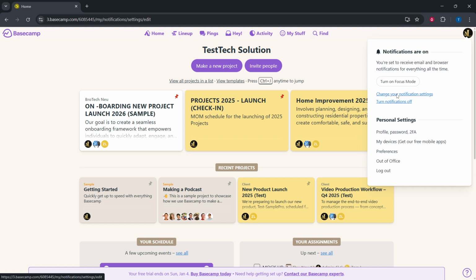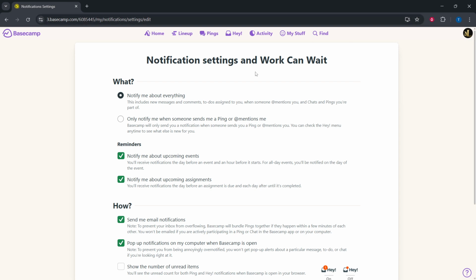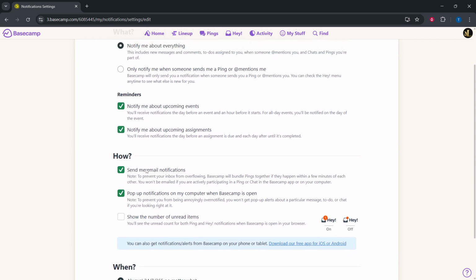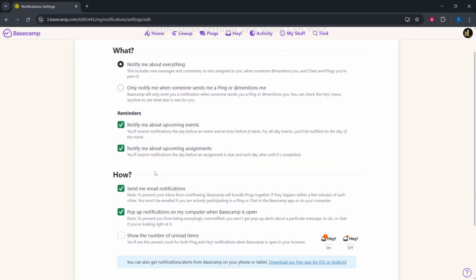Next, choose the option labeled Change Your Notification Settings. This takes you to a dedicated page for how and when Basecamp communicates with you. Think of it as your control center for noise versus signal. You'll see preferences that cover emails, mobile push alerts, and other notification behaviors, all designed to help you tailor what